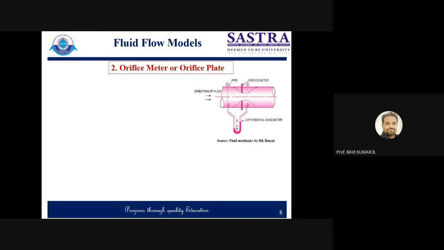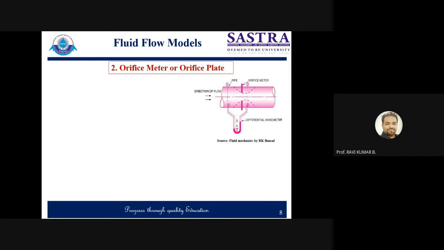So just look at this diagram. It is having some sort of plate here. This is a plate which is having a very small area, small diameter. So the moment flow is coming from here, it will undergo all of a sudden contraction. So this is a contraction of flow. All of a sudden it's compressing, then all of a sudden expansion. Because of this, what will happen? It will undergo a larger drop of pressure immediately after this. So when there is a larger drop of pressure, the velocity at exit will be much higher than the velocity at inlet.